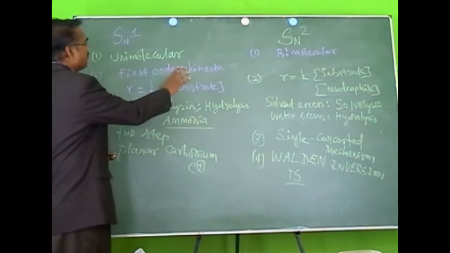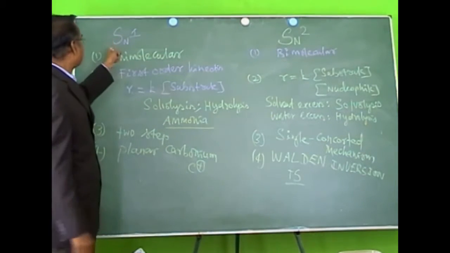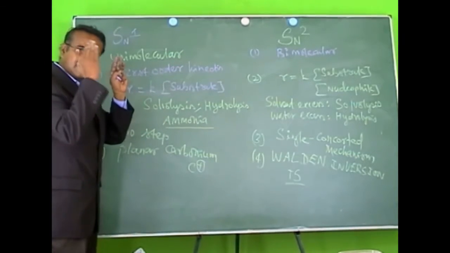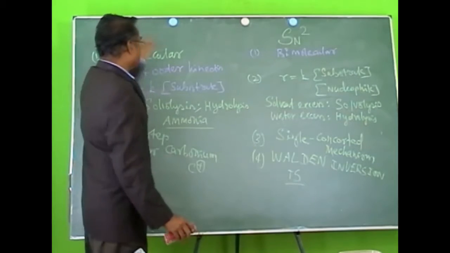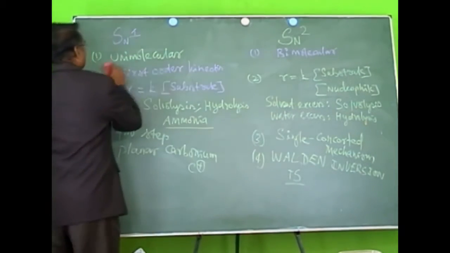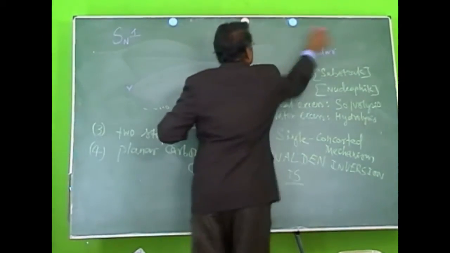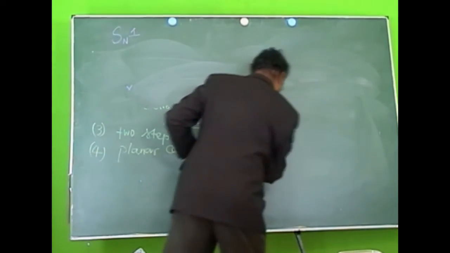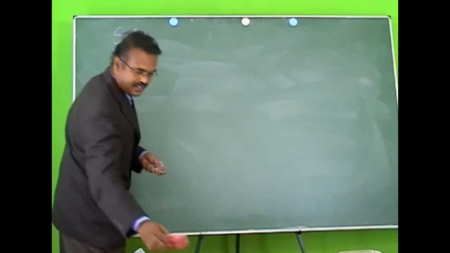So these are the 4 important points which differentiate SN1 versus SN2. Now we are going to discuss individually what SN1 is and what SN2 is. So this is the outline of the 2 types of reaction. Now concentrate only on SN1. What is SN1? Consider a bulky substrate, that is tertiary butyl bromide,